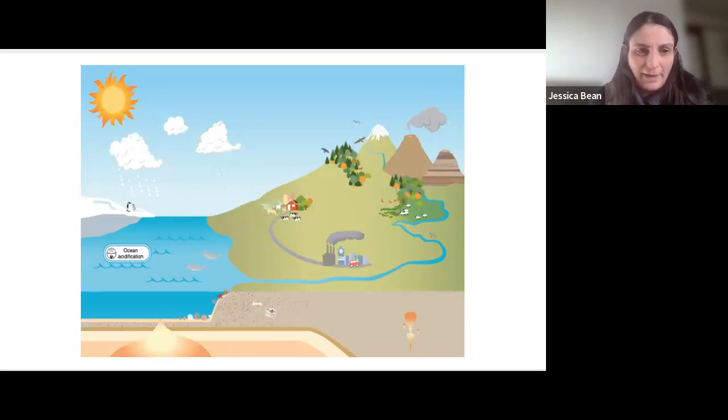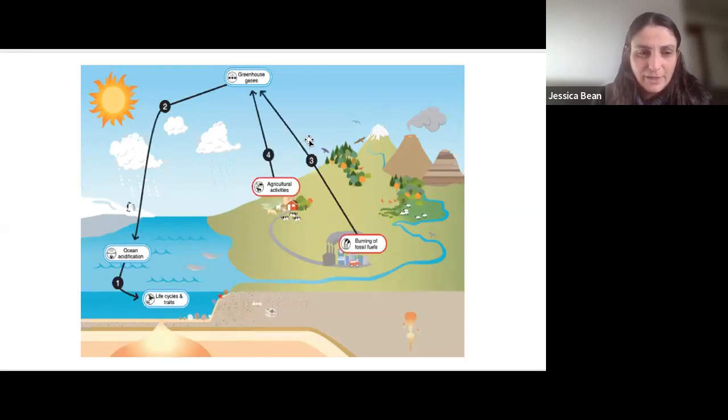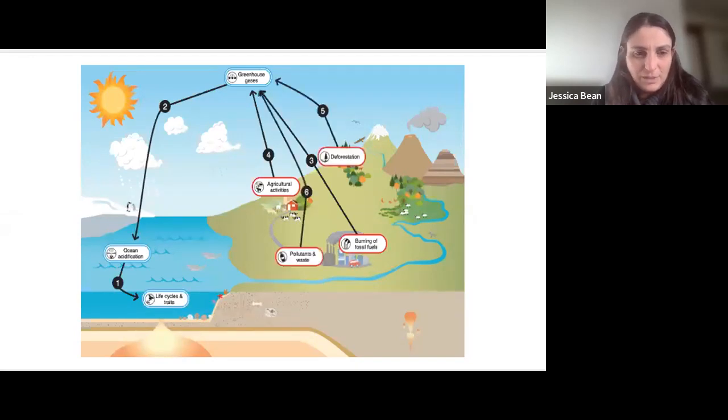So for example, I have studied ocean acidification, but I really study ocean acidification and how it affects organisms in the ocean and their life cycles, right? And how they grow and how they reproduce. And if I'm going to explain why ocean acidification is happening, I have to understand that that's because of carbon dioxide, greenhouse gas in the atmosphere, which is primarily coming from human activities like burning fossil fuels and agriculture and because we're deforesting large areas of the world and various pollutants and waste.